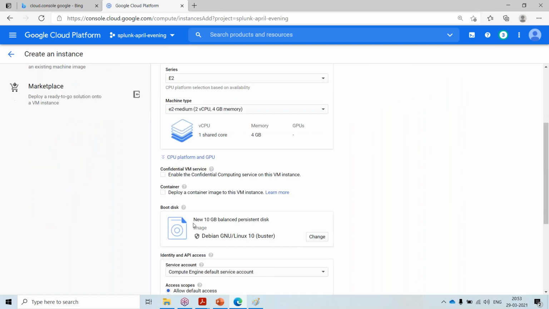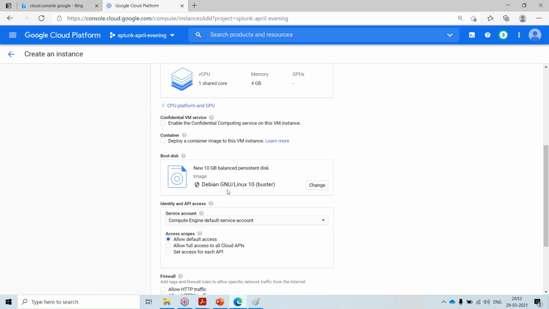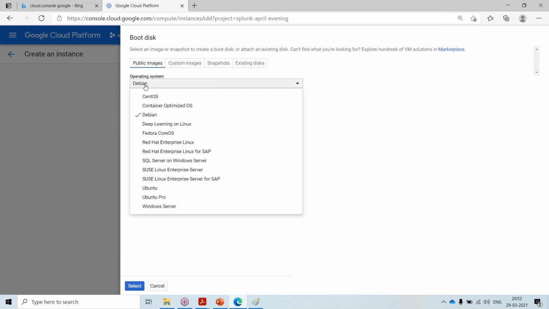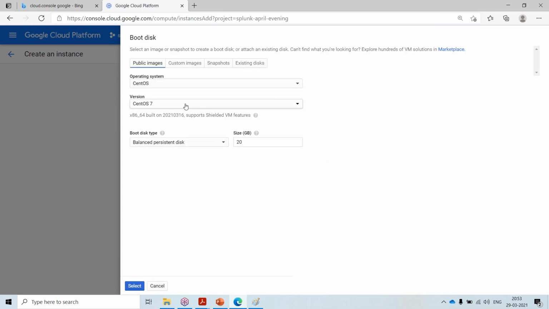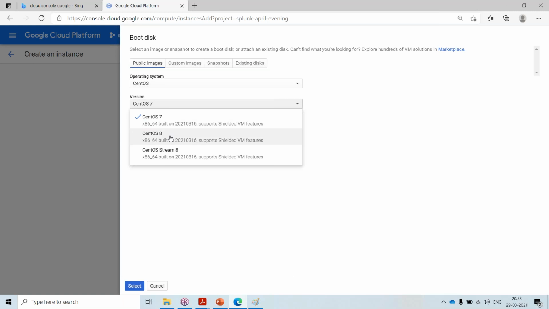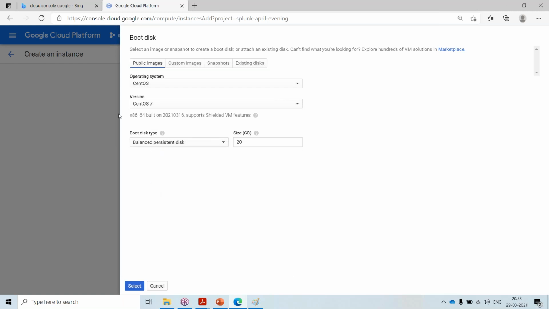Then I will change the software configuration. Currently it is Debian, and I can change it to CentOS. I can use CentOS 7 or 8, and 8 is a stream version, so I'll stick with CentOS 7. You can use CentOS 8 also, not an issue.